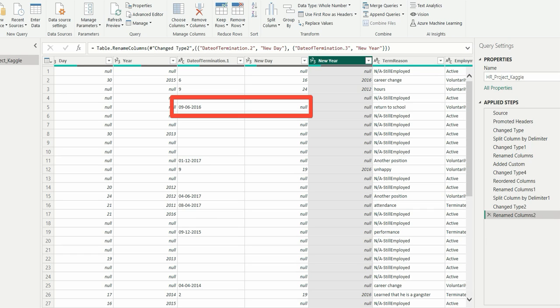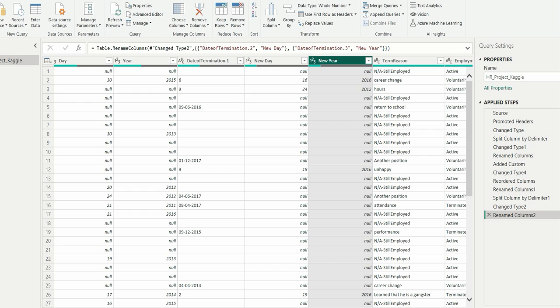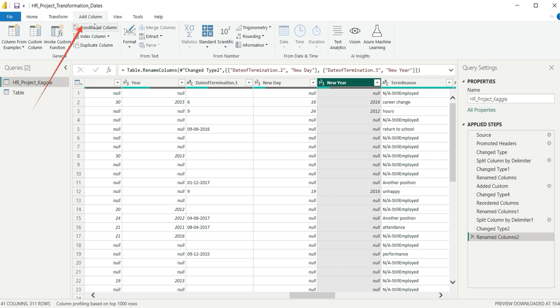But wherever it is not null, we need to make use of these three different columns where you have day, year, and month, and combine them into a date. So let us add a custom column. Let's go to add column, and from there you have index, conditional column, all the options. Let's focus on the custom column. So I click on custom column,